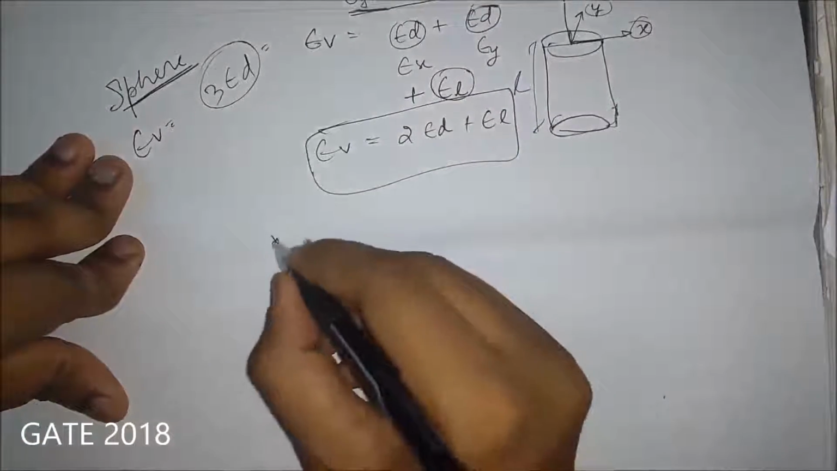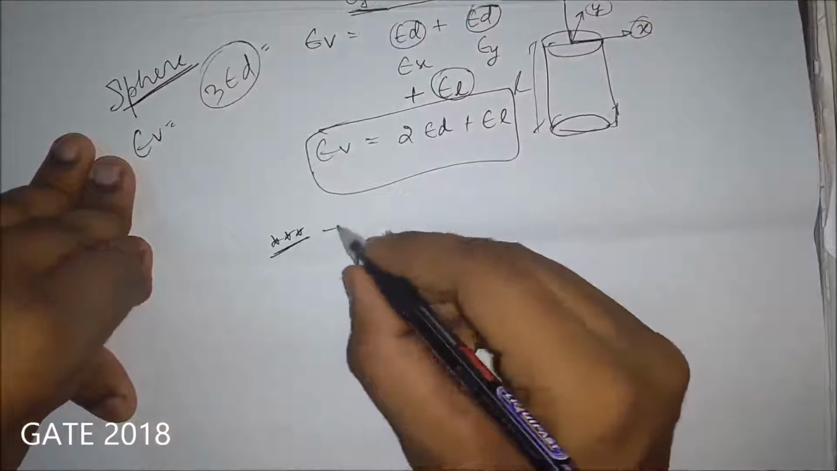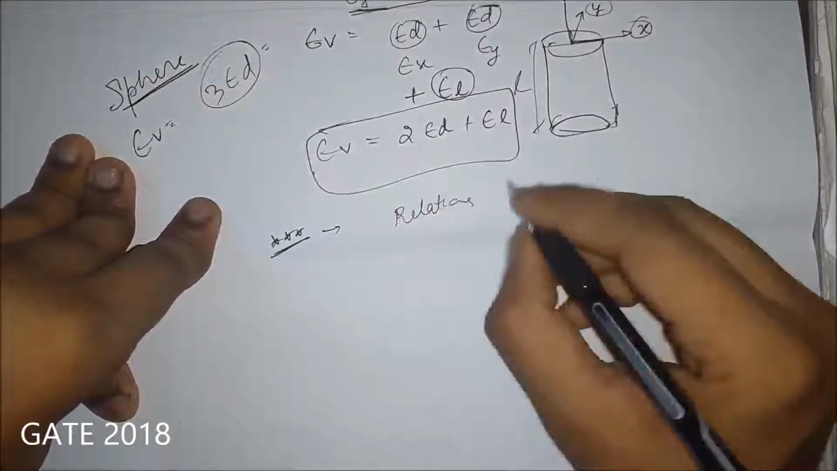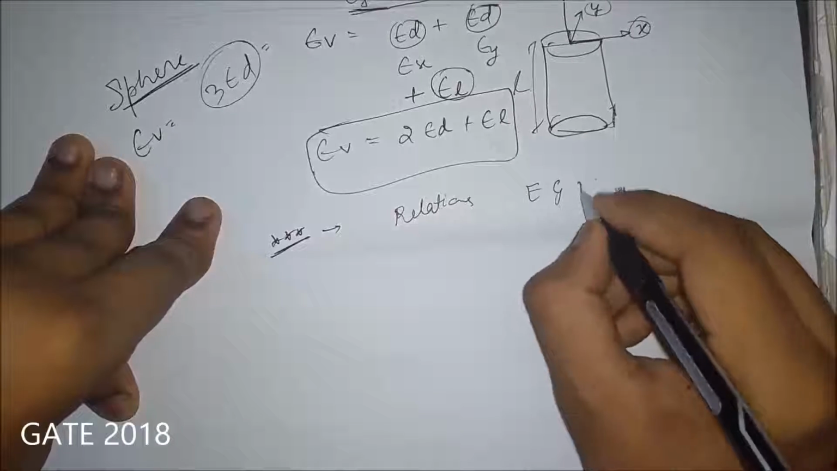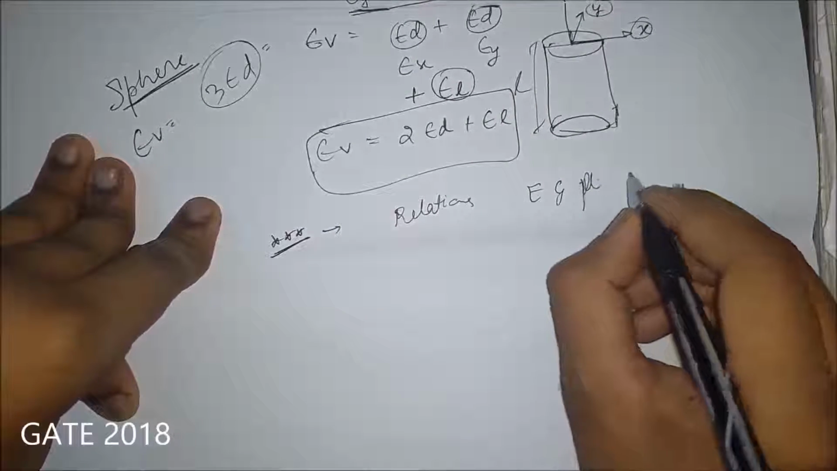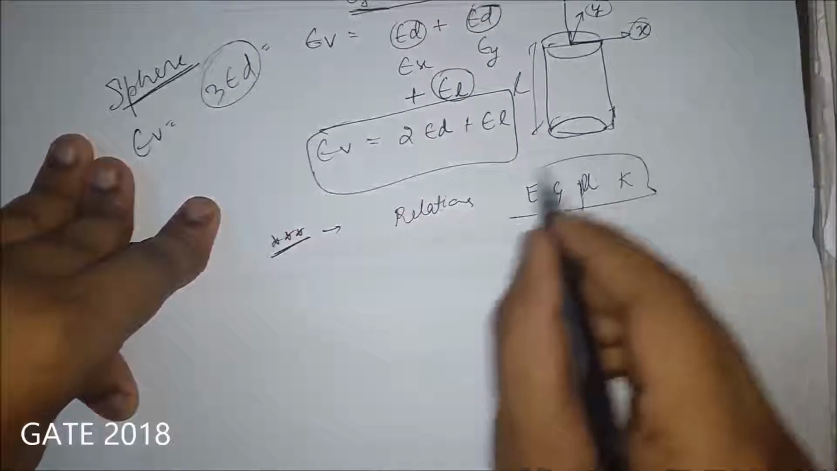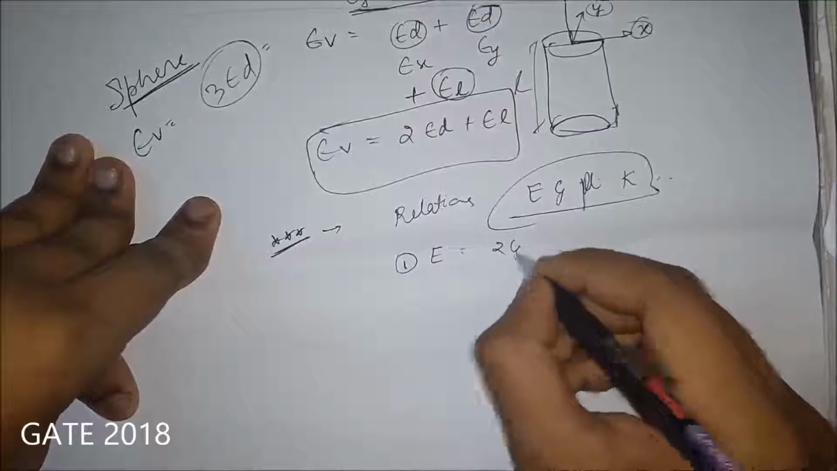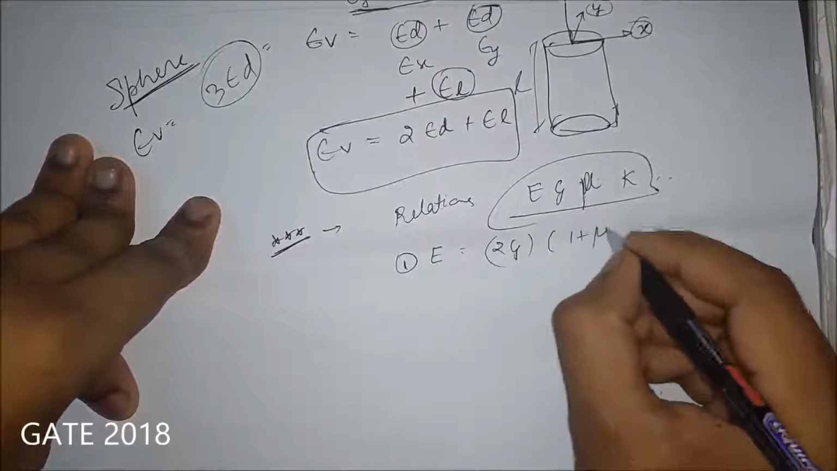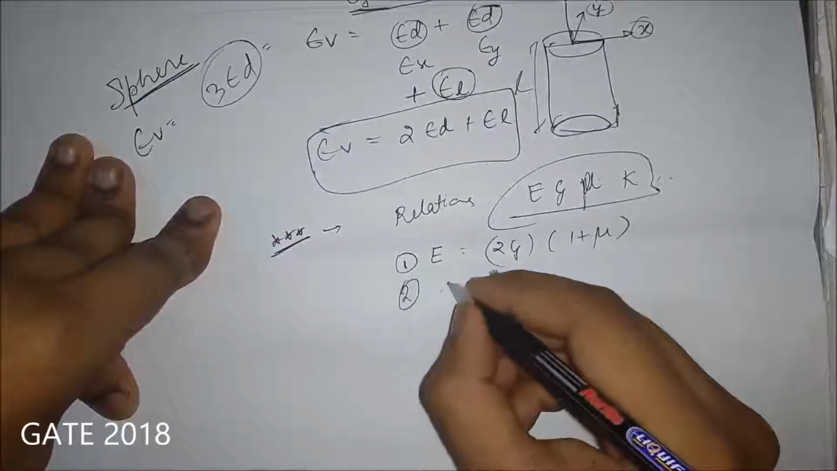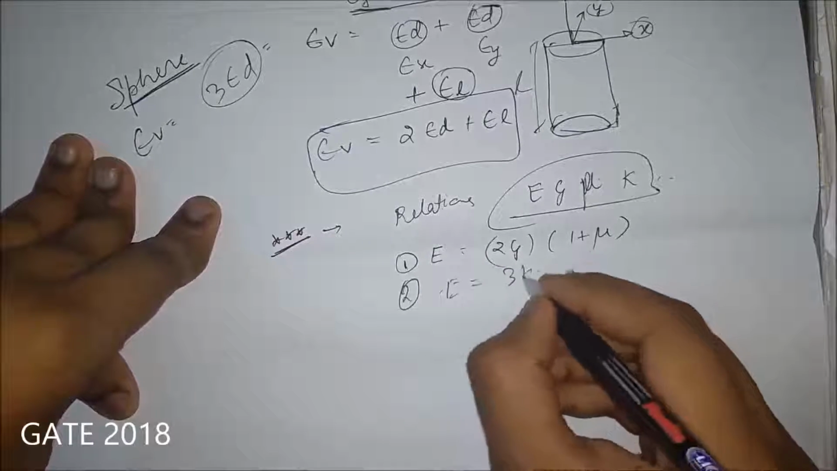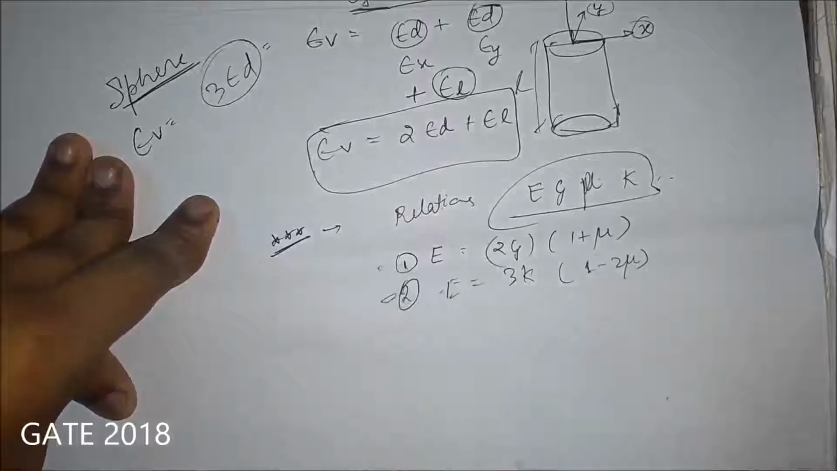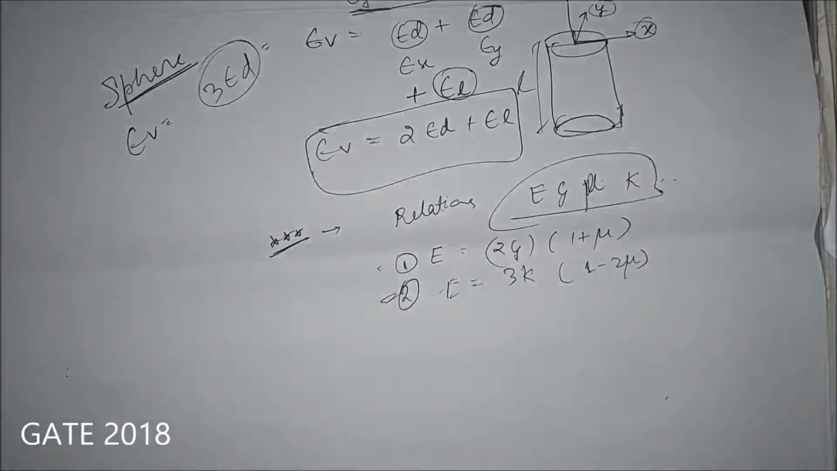Now very important, it has been asked many times, relationship between E, G, mu and K. First relation, E is 2G (1 plus mu). Second is E is 3K (1 minus 2 mu). You have to remember these two relations, very important. Okay,